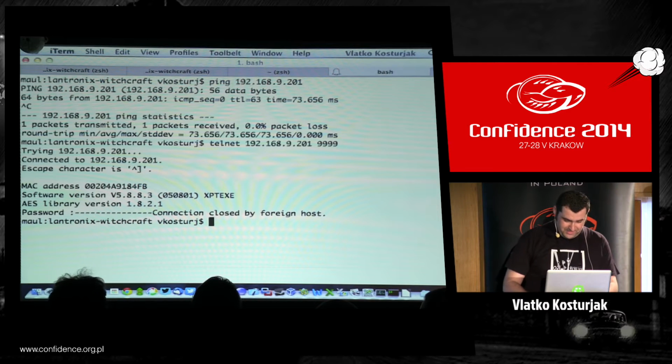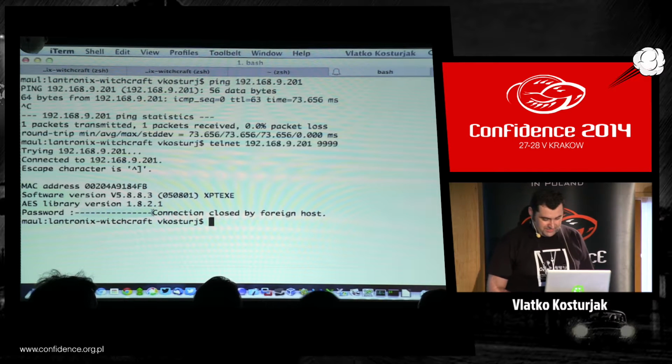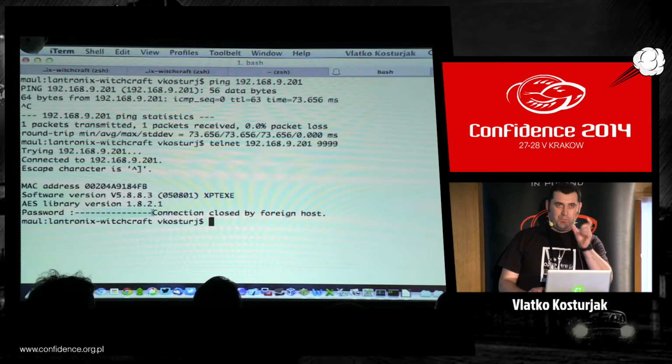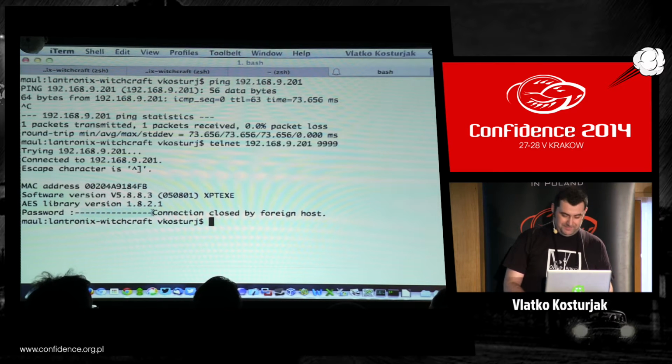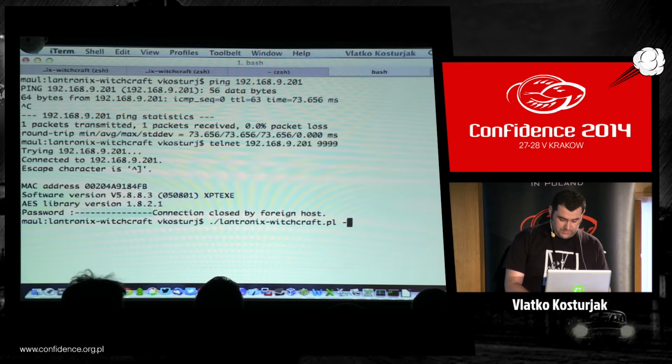As you can see, you cannot write many more characters than this. And it's quite nice that if you have a simple password, it will actually give you just four passwords, so you always know in which password mode you are. In this case, for example, I use the Lantronix Witchcraft script from GitHub, which you can also obtain, and just write